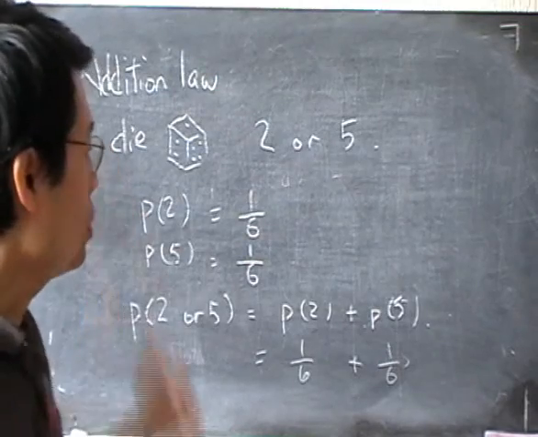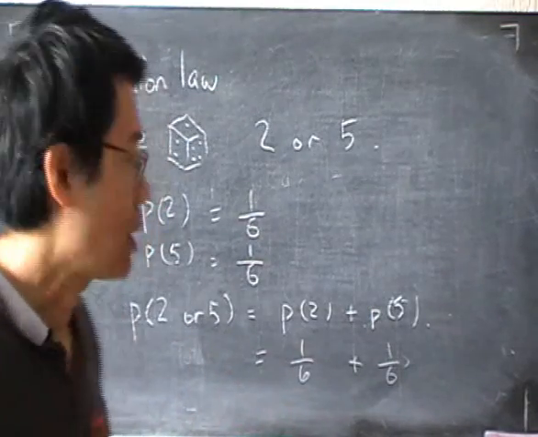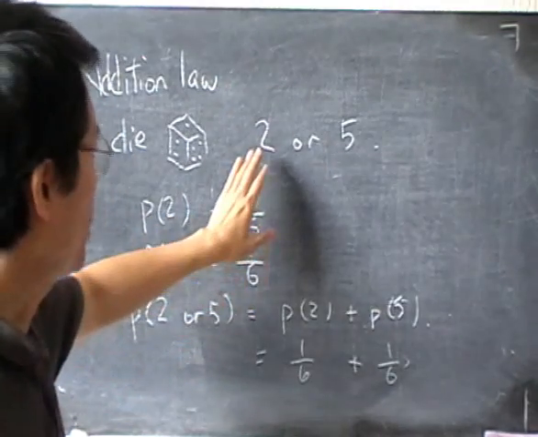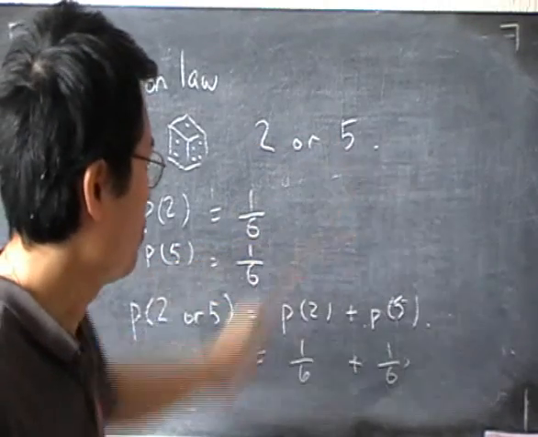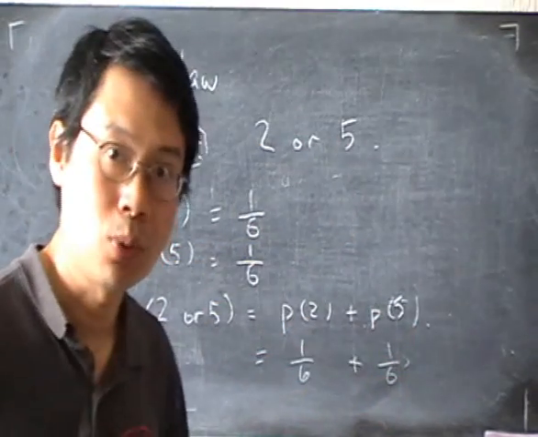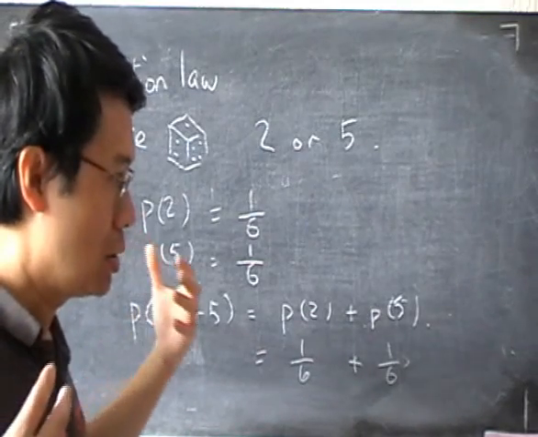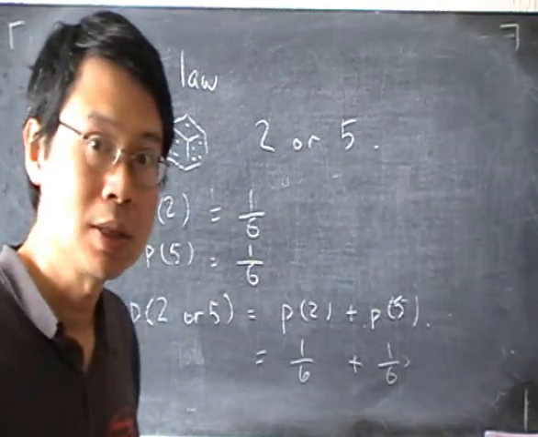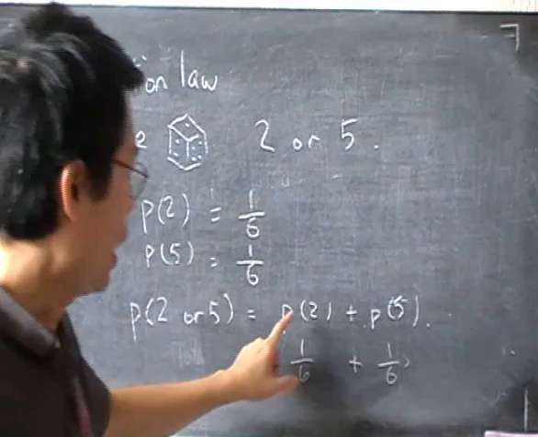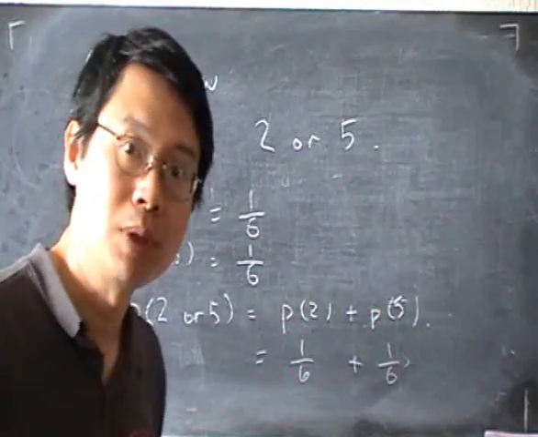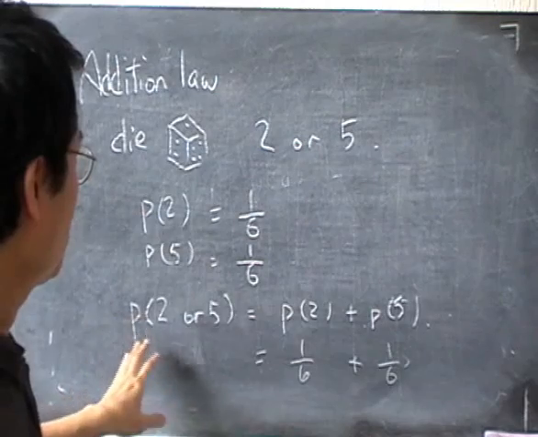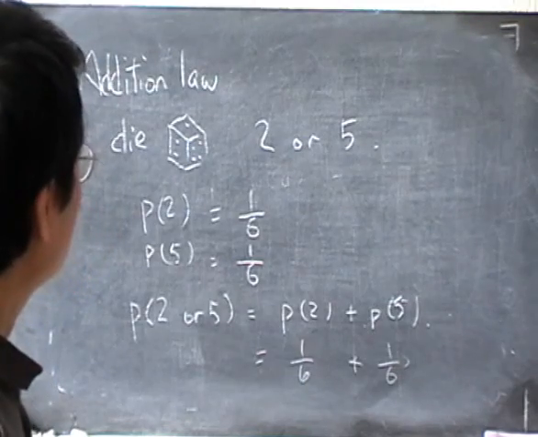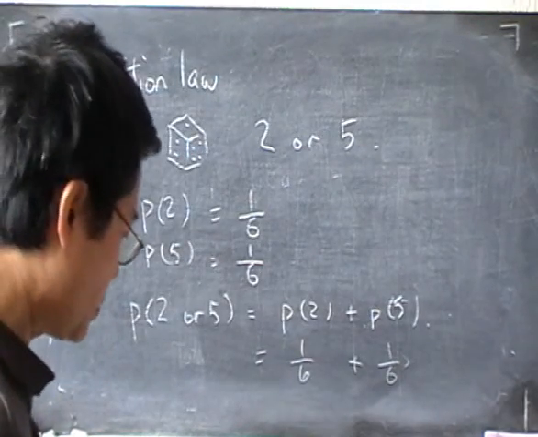But it is very useful for more complicated examples where it's not so obvious, and if you already know the probability of the separate events, like of getting a 2 and of getting a 1, alright, so if in more complicated examples it's more difficult to find the probabilities, then you can use this method where you can just add up the probabilities if you want to know the probability of getting one event or the other. This is called the addition law.